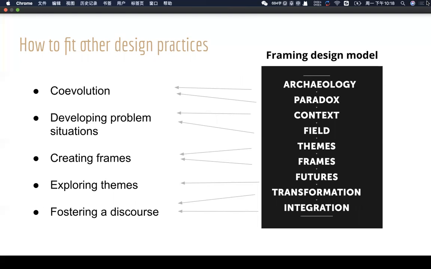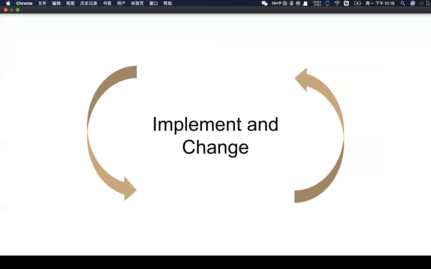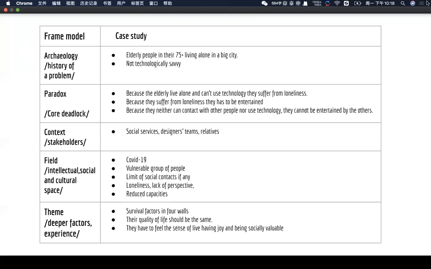Now I will explain the framing model according to Keith Dorst and how it could be implemented on the design challenge related to elderly loneliness during their quarantine. So the first step of the frame creation process is archaeology, that is, investigation of the history of the problem, providing insight into its role. Here we have elderly people, 75 years old, living alone in a big city and who are